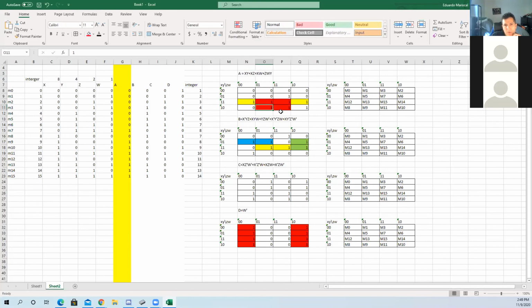Now the next one we can group is probably right in here. We can group these together. And you're probably thinking, wait a minute, why are you overlapping? Why are you trying to do things that you already covered? Well, the reason is because you're going to use fewer variables if you use a bigger group. It doesn't matter if you're overlapping, that's fine. But the ideal thing is you want to use it as